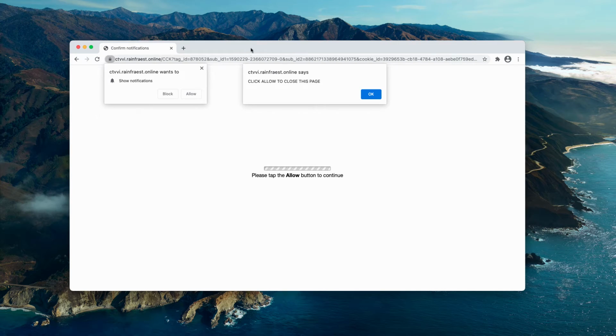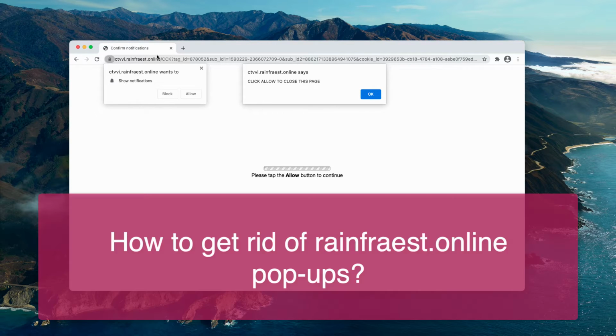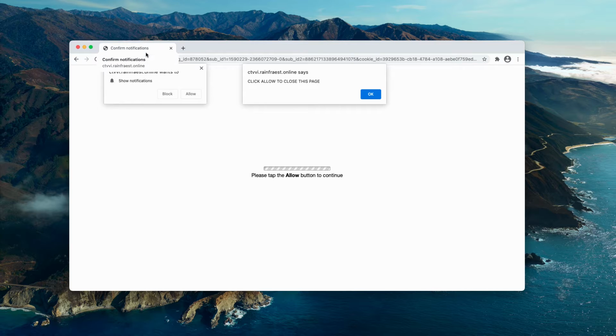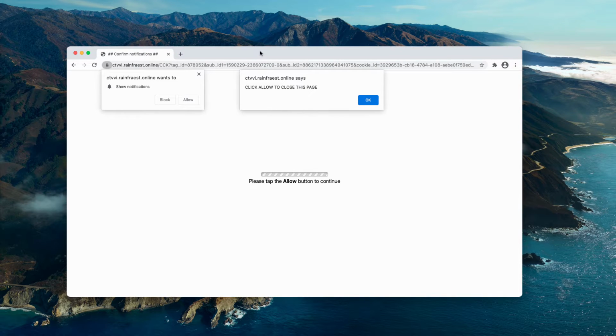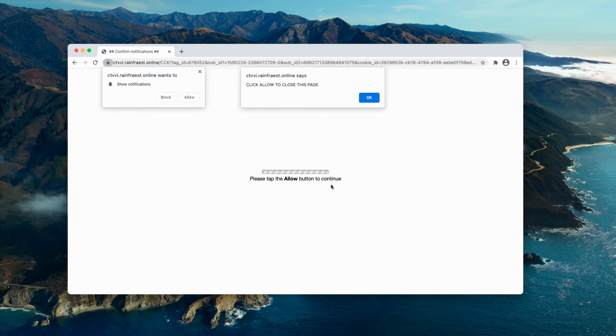This video will help you to get rid of malicious pop-ups that come from this site, Rainfraest.online. This is a malicious website that attempts to infect your browser with the feature of excessive and uncontrolled push notifications. It actually says that you need to tap the Allow button to continue your browsing or to close this